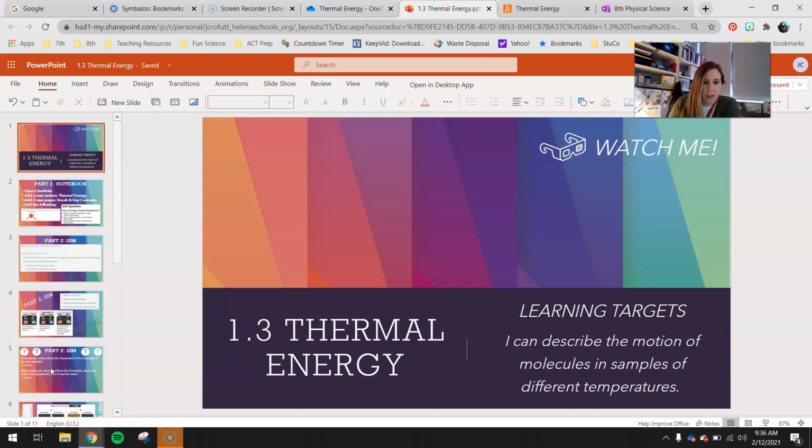8th graders, pretty quick and easy little assignment for you guys today. This is really our first Amplify assignment for this unit. Last week we went over averages and just kind of did some introductions to thermal energy. So today's assignment is 1.3 thermal energy, and their learning targets are, I can describe the motion of molecules in